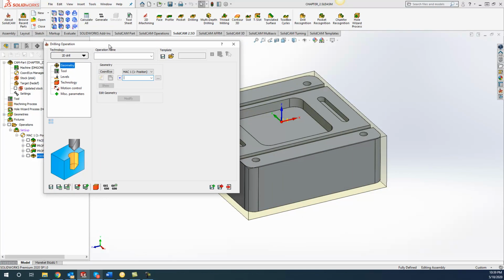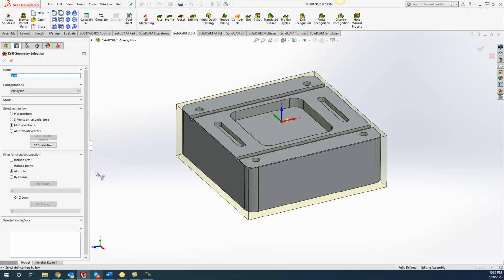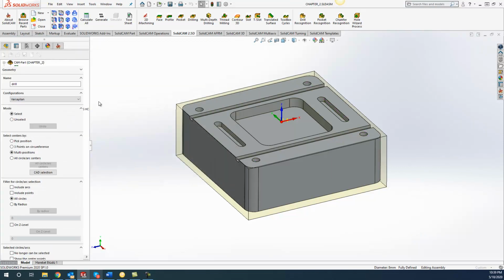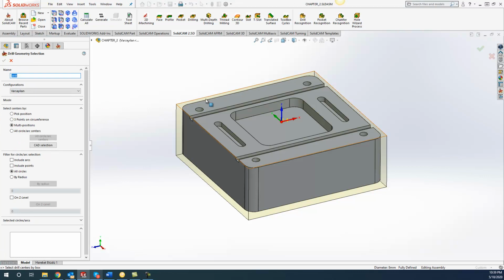Now a couple different ways of defining our geometry. We'll go ahead and click new. And first thing we can do is we can individually click on each hole that we would like to do. It's as simple as clicking inside there and it will grab our data. Now let me go ahead and cancel that, and I'm going to show you a different way. Another way of going about it is it will grab it off of by faces. So if I just click on the top of that face right there, it will grab the drill holes off that face as well. So there's a second way.